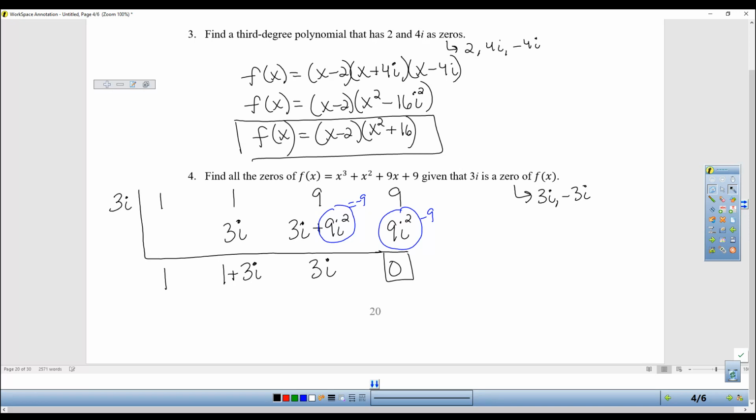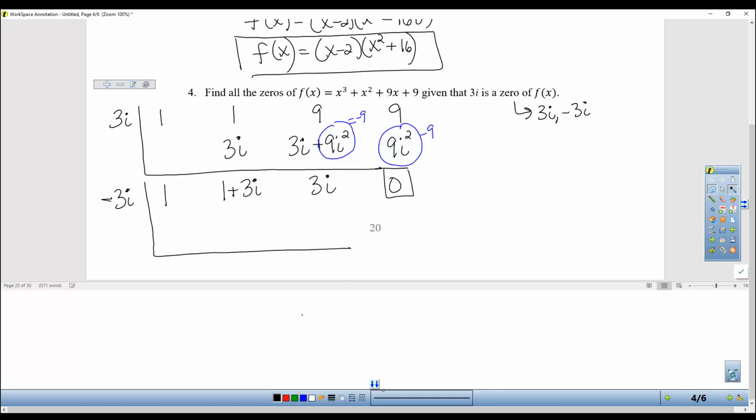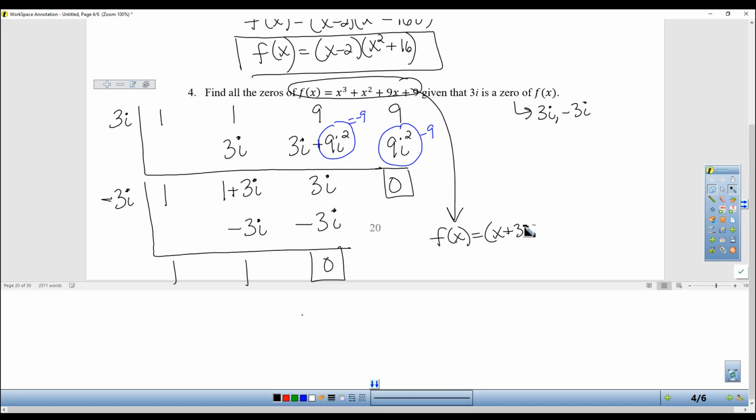If you thought that was a little tricky, the good news is the second one always is easier. So now I'm going to do the -3i. And that gives me add, multiply. Oh, look how nice this is. I said the next one's always easier. Add, multiply, add. And of course, it came out to be a 0. We know that negative 3i is one of the zeros. So this polynomial factors to x plus 3i, x minus 3i,